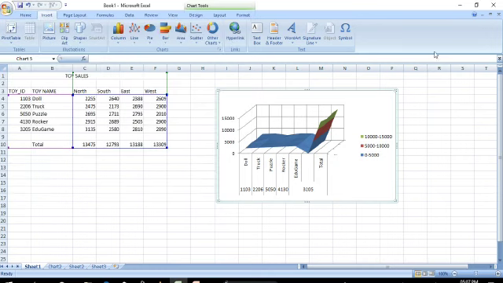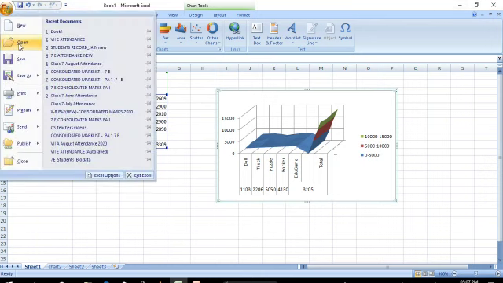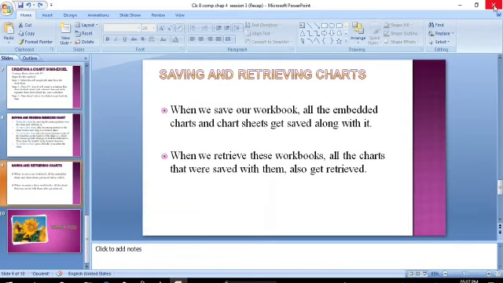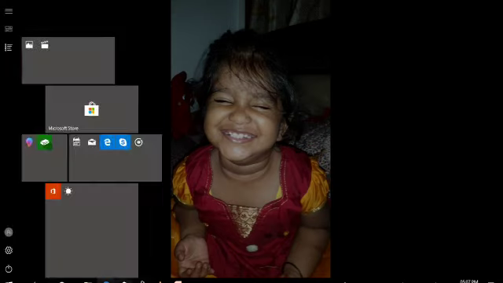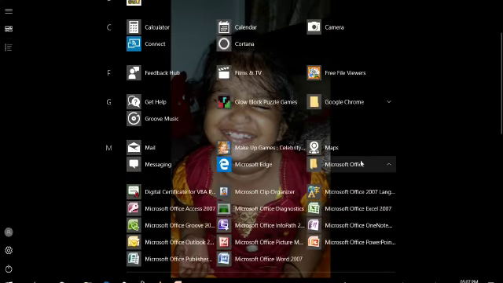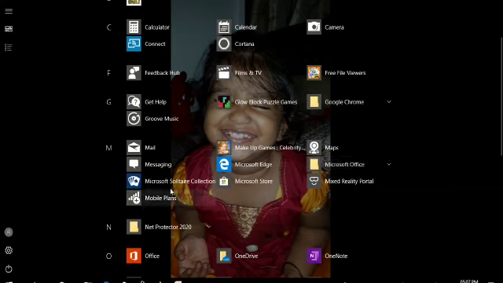After saving the chart, you can open it with the open option. I select the Excel file.